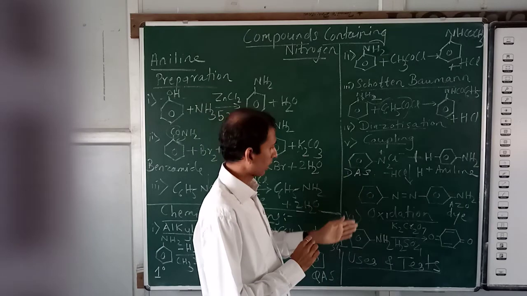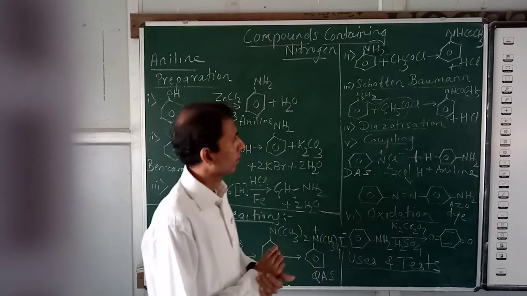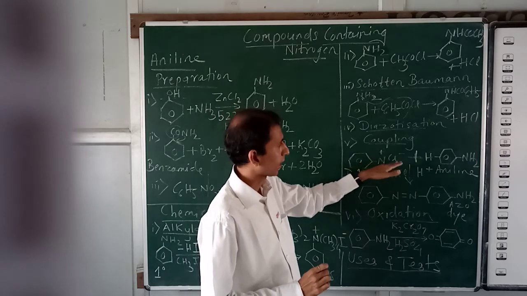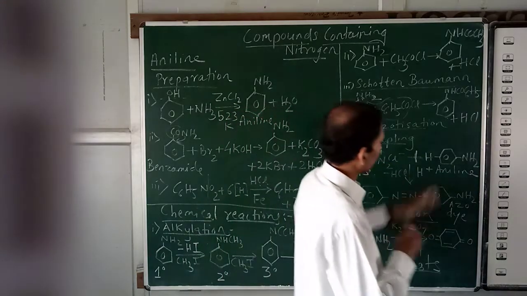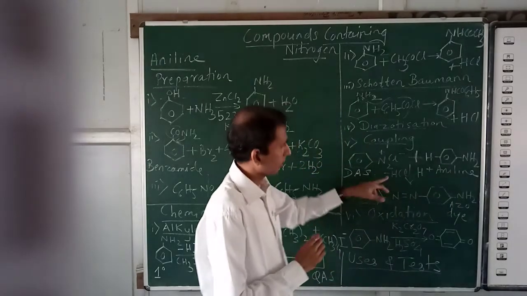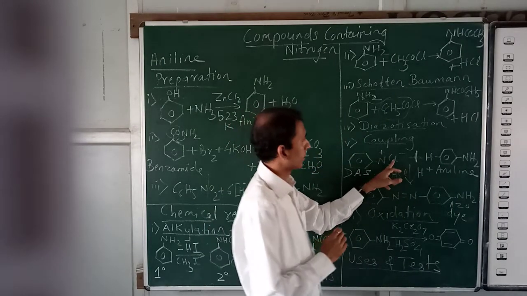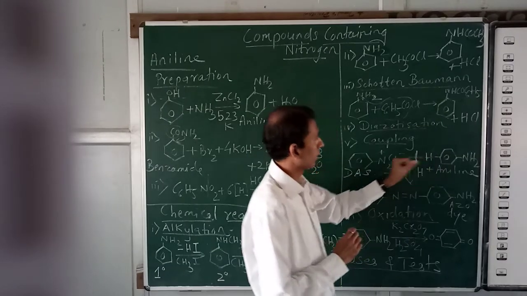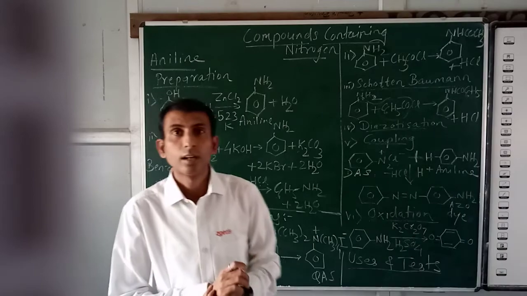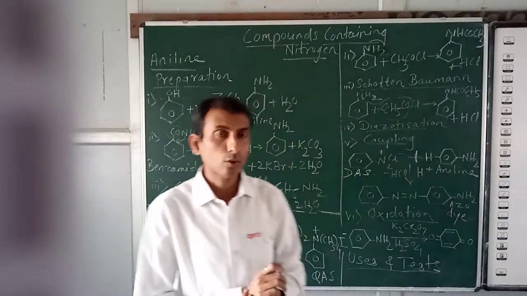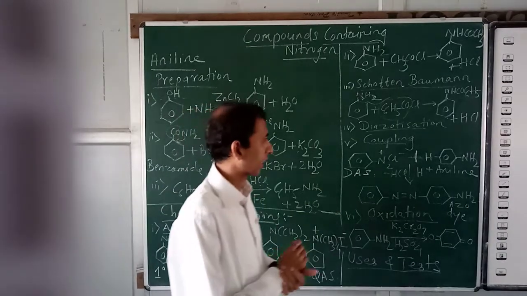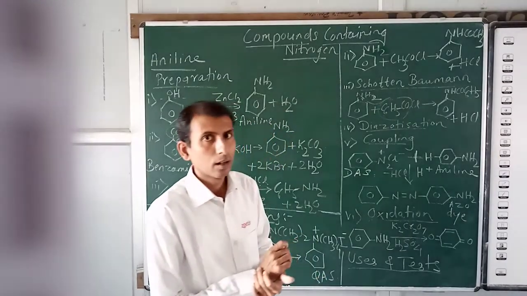Then very important, we have coupling reaction. Now we know what is diazonium salt. Diazonium salt, benzene N2Cl minus. You treat with aniline and you get this particular addition product with the elimination of HCl. Cl from here and H from this carbon atom. Okay, and you get this particular product which is called azo dye. क्या बोलते हैं इसको? Azo dye. Dye means permanent color, which can be applied to various fabrics.